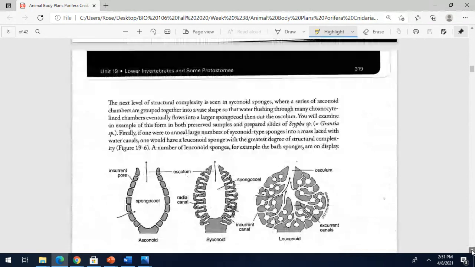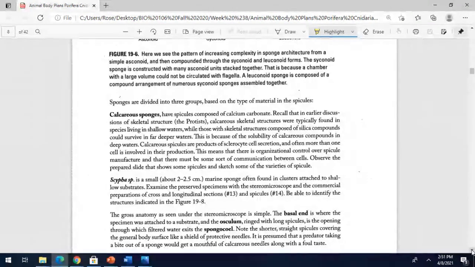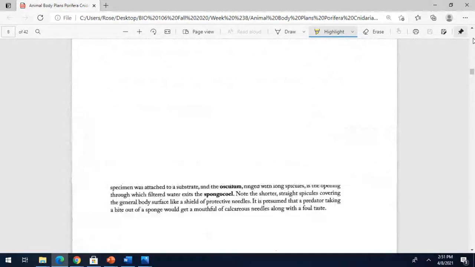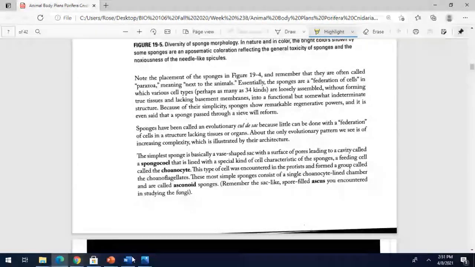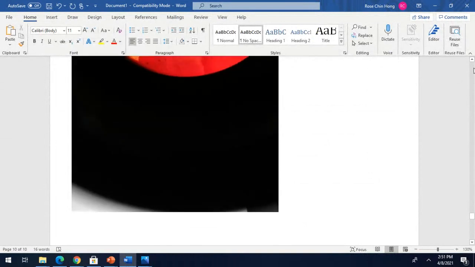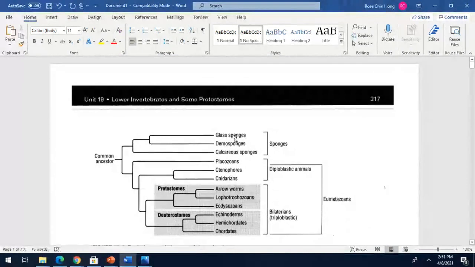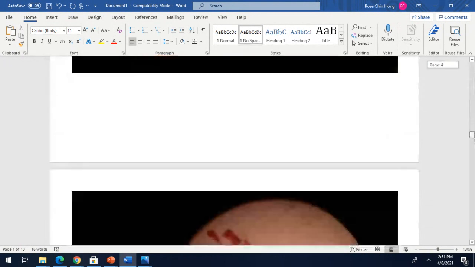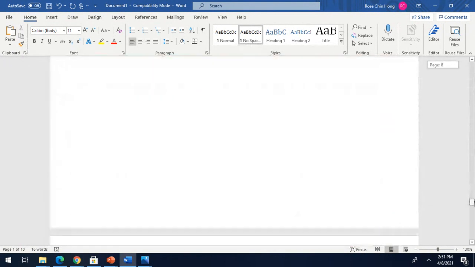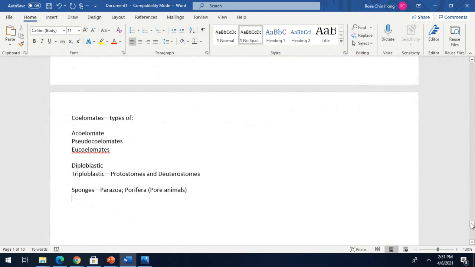All right, we'll talk about the sponge, how they are. Where are the sponges? Oh, sorry. I went too far here. I need to come back here. So here now, the types of sponges we have are glass sponges, sponges, and calcareous sponges. All right, so see, I'm repeating all the stuff here that I would talk about, but you need to know really seriously. So the types of sponges, according to its spicules. All right, so we have